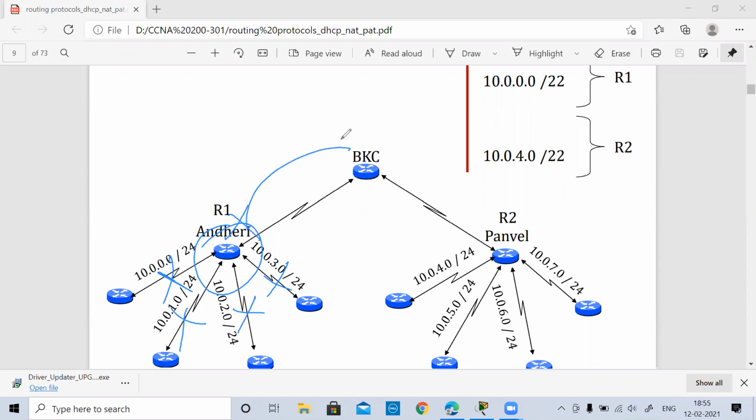Then only the information will be passed to this particular router. So you are controlling the updates, you're controlling the information to be received by all the routers. Okay. So likewise, we can see that in order to understand this or to achieve the area concept, we need the summarization concept as well.